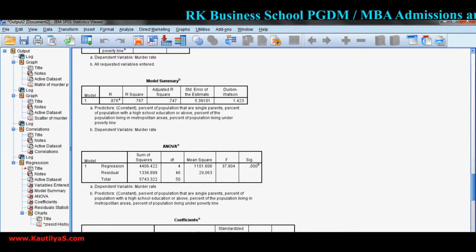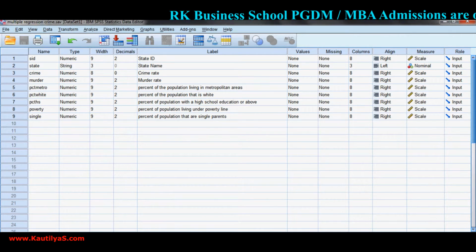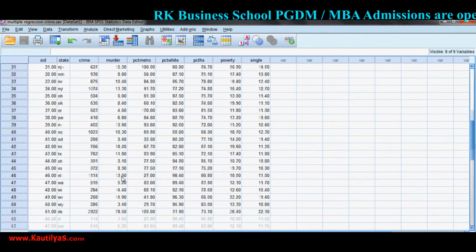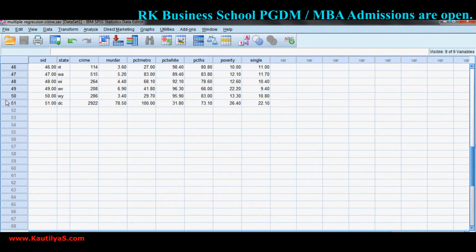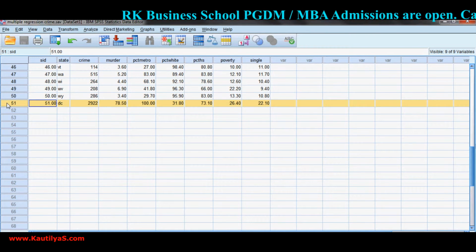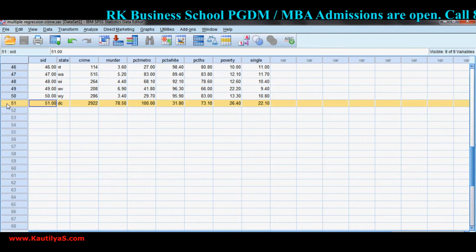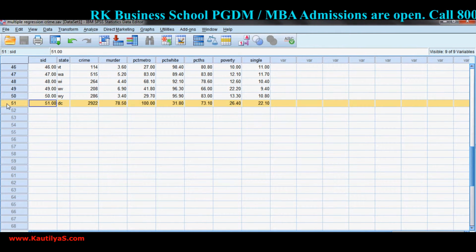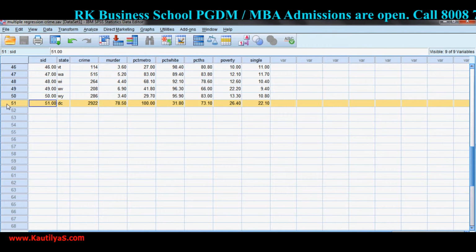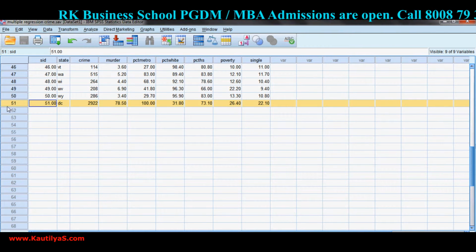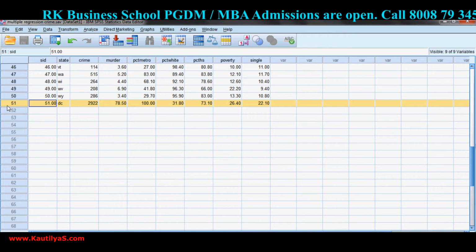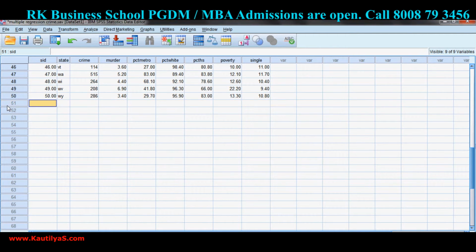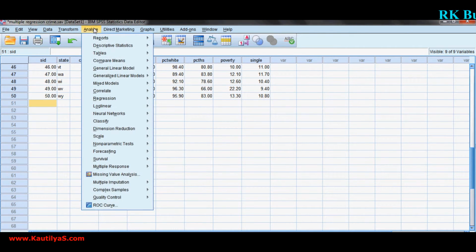Now from our data set, what we can do is remove the outlier, but in practice don't directly remove the outlier. There are other procedures to handle it. Just to have an assessment, just to experiment, we are deleting it. And now we run the regression once again.